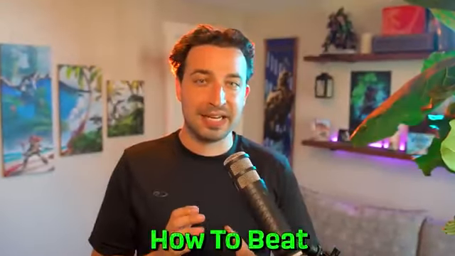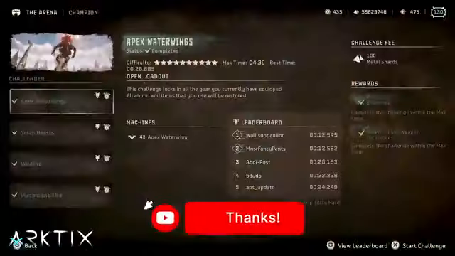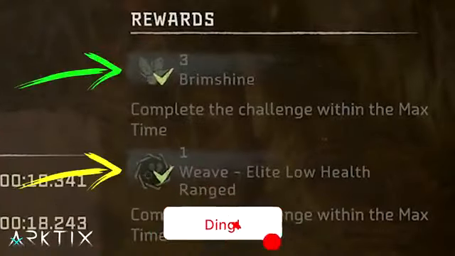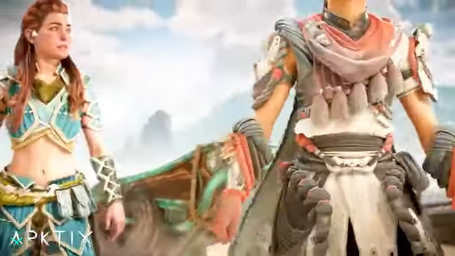Let's break down how to beat each of the champion level arena challenges as easily as possible. They have some great rewards, including a total of 17 Brimshine and second copies of 4 of the new Elite Outfit Weaves. The champion challenges unlock once you complete the Burning Shores DLC, and this set is a little bit different